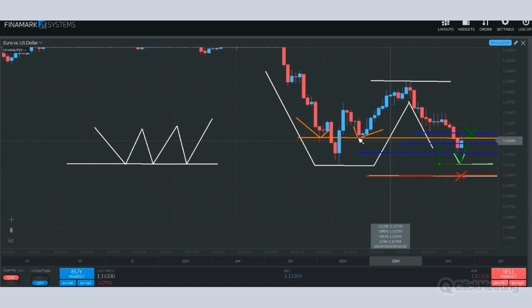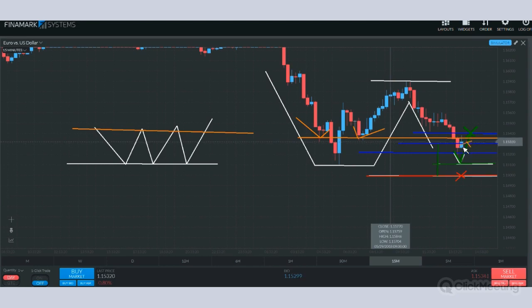Once again, this is a stretch because we did fall through it. But say there's a very heavy level of support that had a lot of activity in the past around this location. And we do prefer to go for those 3-to-1 ratios. We might adjust our position, or our risk to reward for this particular position. If we don't want to adjust the numbers, we might adjust our position to say 2-to-1.